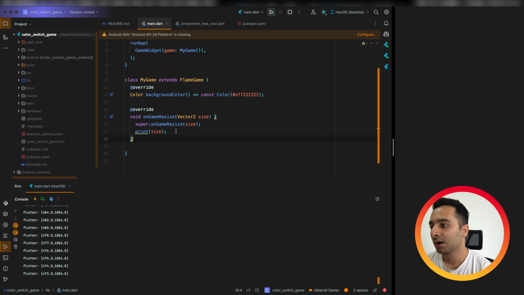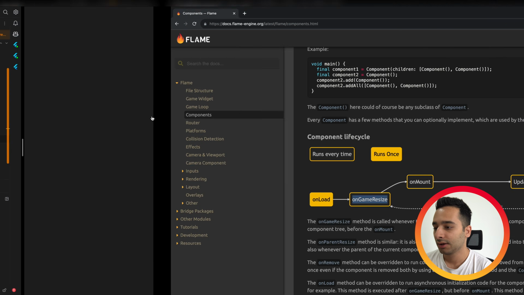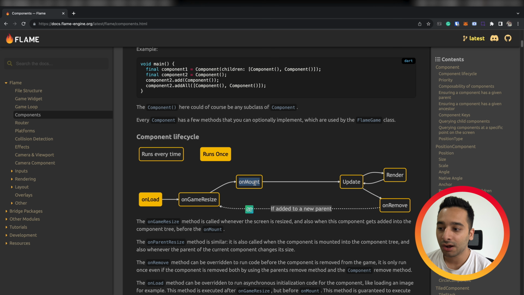So you are gonna do some calculations here. For example, if your component size depends on the view size, you are gonna resize your component here. The other method is onMount, and we have an onRemove here.